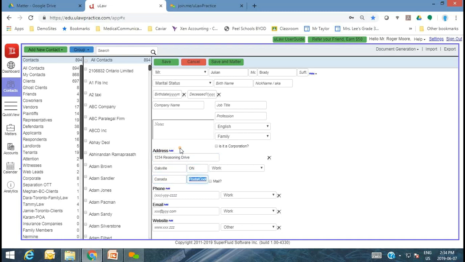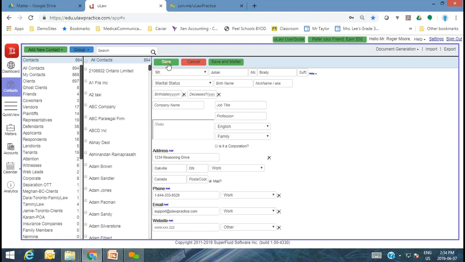I'm going to go ahead and say it's Oakville, Canada. Mark that as a mailing address. Fairly simple. You've got a phone number. This leads to me having to talk about a brand new feature in our product. What that is, if you have their phone number and the email of the individual client, let me go ahead